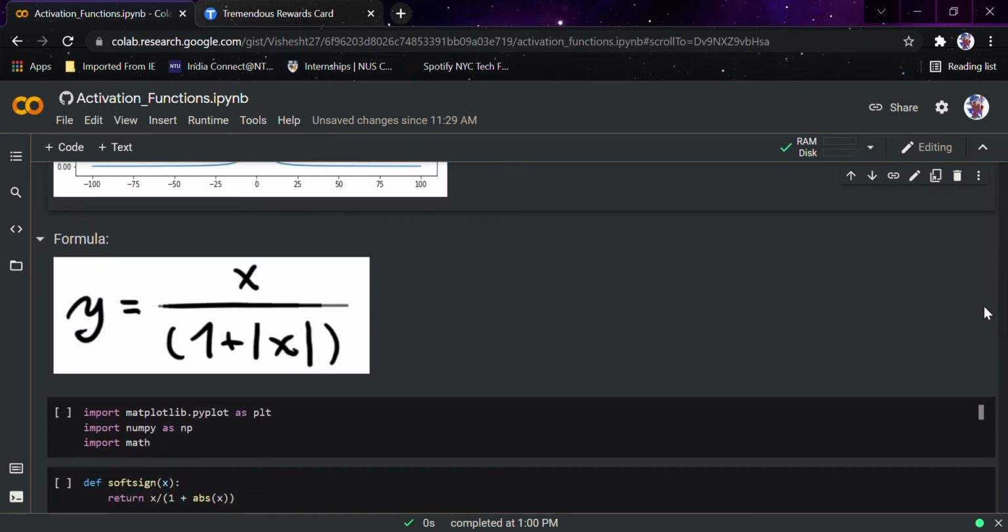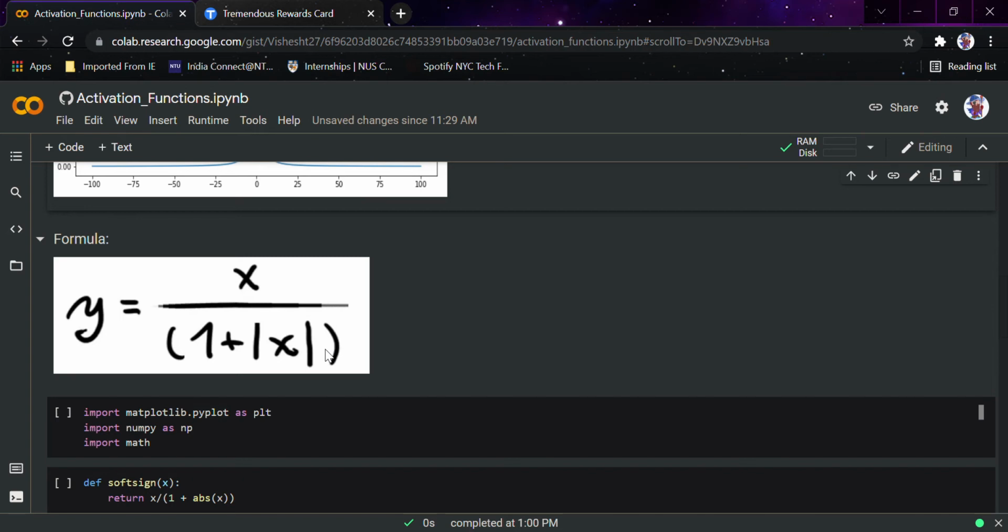The formula of the function is y = x / (1 + |x|). It doesn't matter if x is negative, the division will always be by a positive number. Imagine what x can be at minimum. It can be 0. Suppose 0 / (1 + 0), that is 0 / 1, it is going to be infinity, and that's not possible. So for that, let's assume an ideal case.